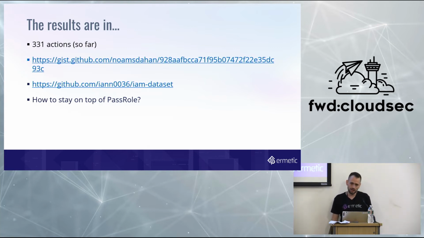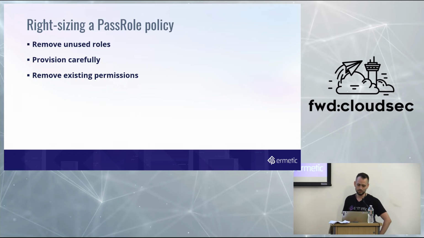And then we had to stay on top of it for a year, which is like no magic solution, right? We could automate running the crawler and have an alert for that, but then the manual examination still needs to happen because no automated process that we created has a one-to-one fit with PassRole. So when AppRunner launched, just go ahead, try to do some PassRoles with AppRunner, you fail for the right reasons,